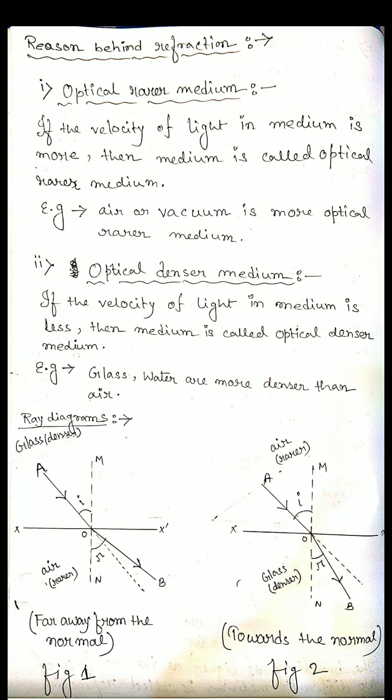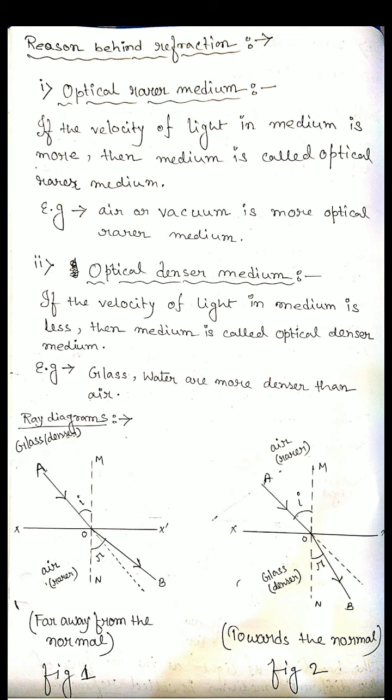Now if we talk about the second figure, just opposite of the first one, the ray of light travels from the first medium to the second medium. The first medium is a rarer medium and the second is a denser medium. So what happened? In the rarer medium the velocity is maximum, so it will travel very easily through that medium. Now after incident on the interface, when it enters into the denser medium, what happened?